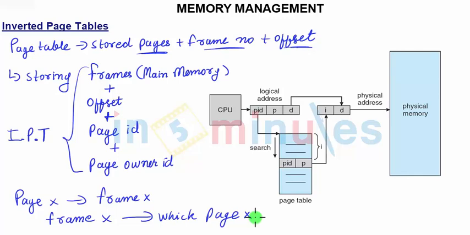The concept is fairly simple. From the given page ID, we will be searching a particular entry in the inverted page table, from where we'll be getting the offset and the address related details, and then I'll go and access that particular location and get the data which I want. So this process does improve in terms of addressing, but creates a huge issue in performance, hence not very commonly followed by most manufacturers.